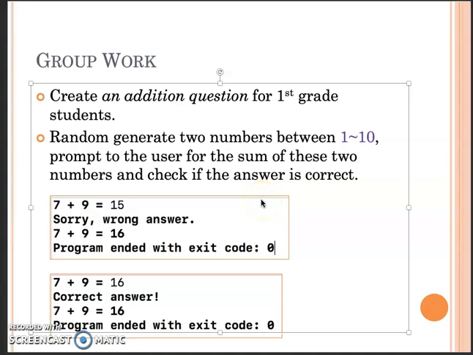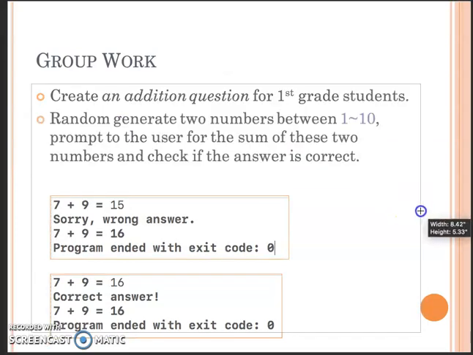In this video, let's work on an application together. You will create an addition question for the first grade student. If you remember when you were in the first grade, when you learned addition, we may have only been allowed